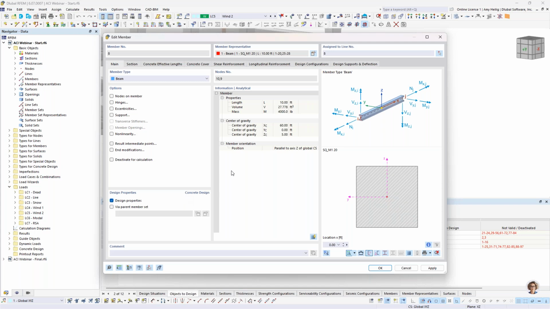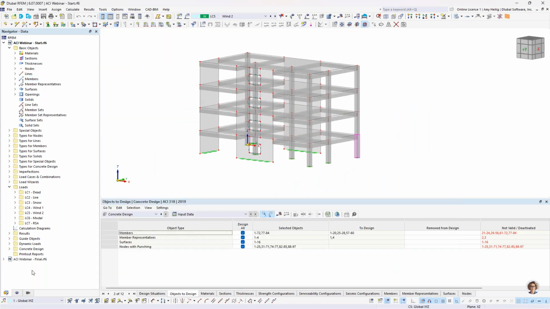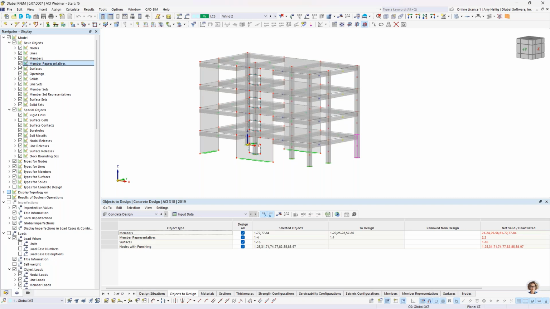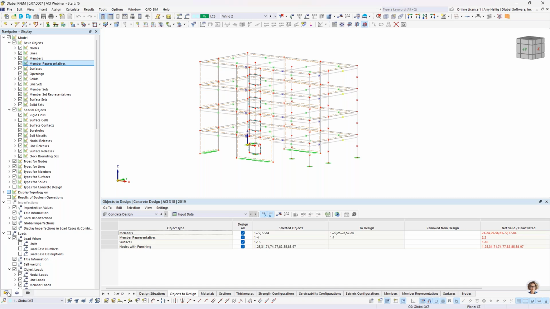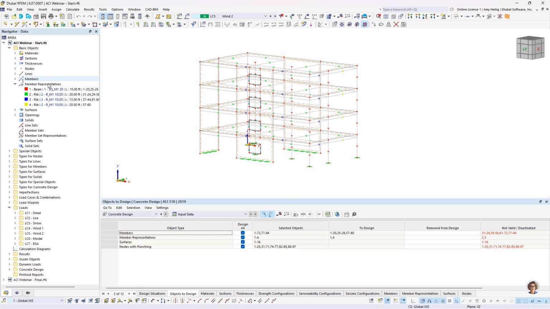So we certainly could carry out the reinforcement input here within this single column, but I do want to talk about the benefit of what we call member representatives. Currently I have this turned off graphically within the model, so I'll go ahead and turn that on. But you'll notice that we have a lot of color-coded dots here for each one of these members. Well, this is because the program has grouped together identical members in what we call member representatives. So members that have identical cross sections, materials, lengths, and possibly even for concrete, the same reinforcement input will all